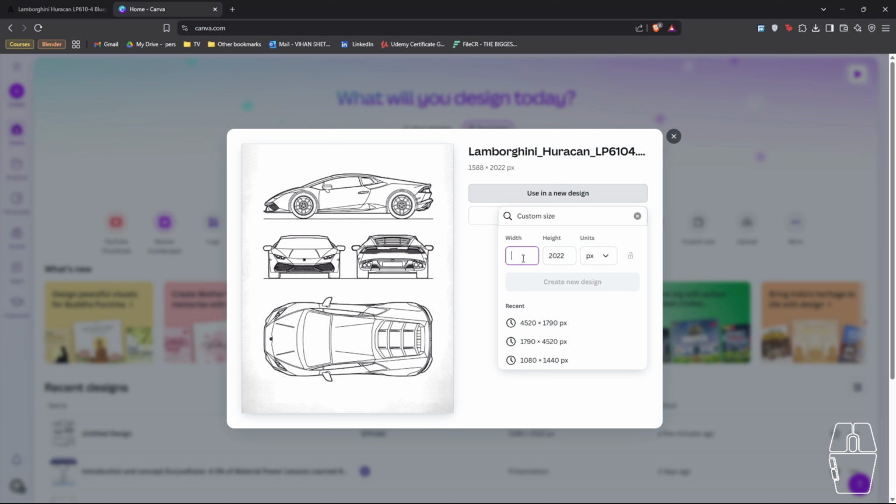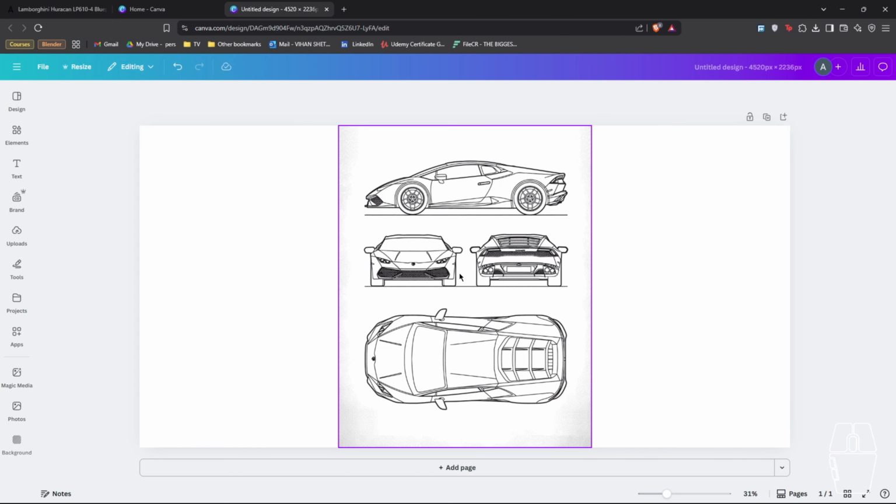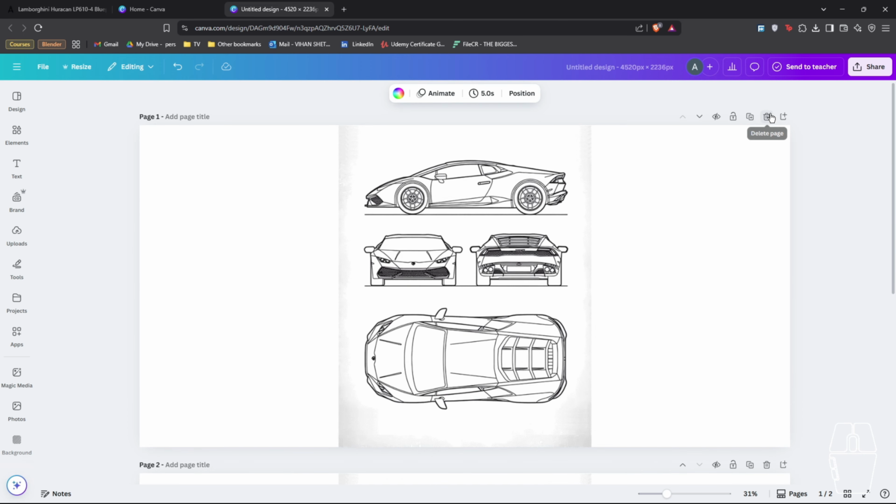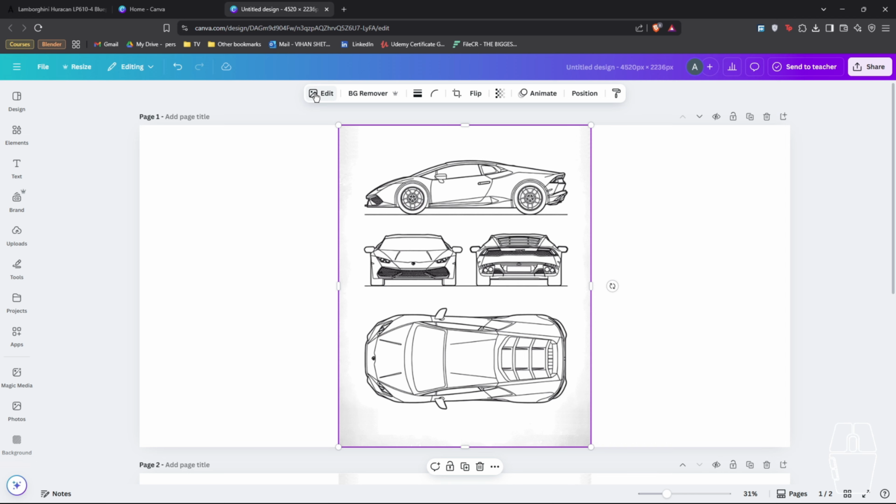So we're just going to be going ahead and creating a custom image right here, custom height of pixels right here in Canva. We're going to be changing the pixels, and what I'm going to type in is the width of the car and the length of the car right here. We're going to be inverting them here so that we have our car's blueprints in a sleeping position. So what I'm going to be doing is just type in 4520 right here and 2236 right here, and I'm just going to lock that aspect ratio and create new design. Alright,